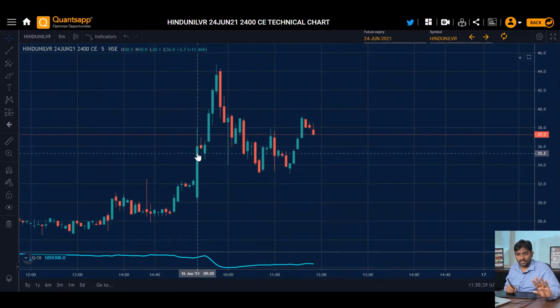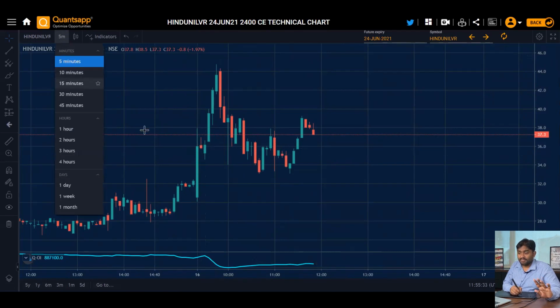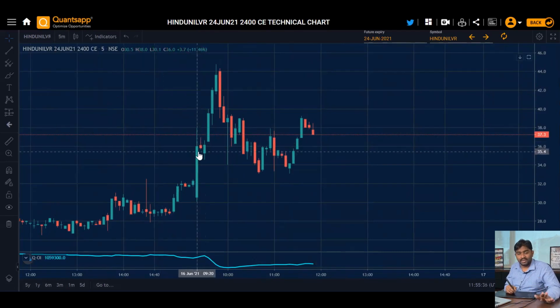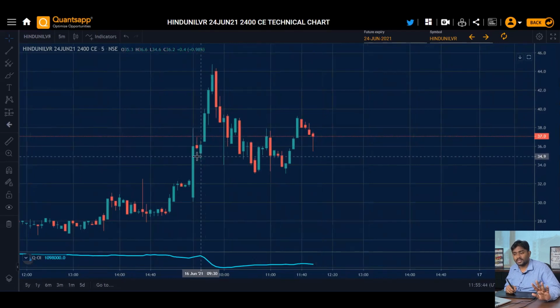We have seen a lot of orders coming, because we don't have data as of now for the below 5 minutes. But even if you have a 1 minute chart, you can easily track this trade. Even by 9:16, 9:17, you will get to know that we are receiving high orders at the current market price, so this market can jump. Even if we are not able to understand it in the first 5 minutes, we can execute the trade after 9:20. So 9:20, that means on this particular bar we can have a trade.